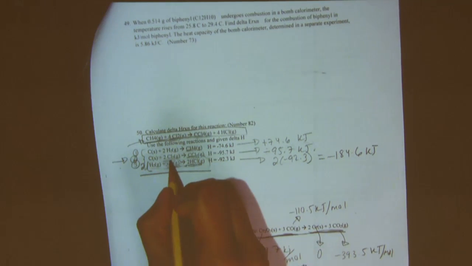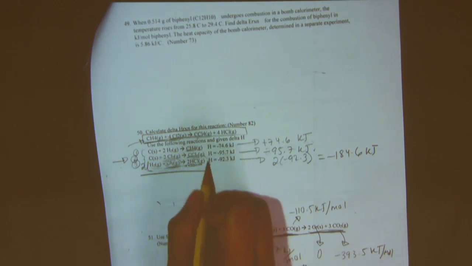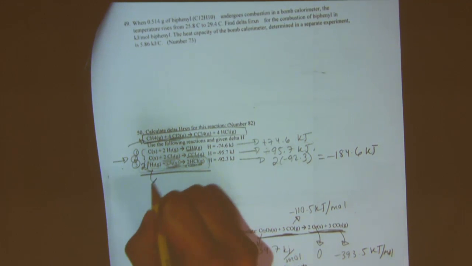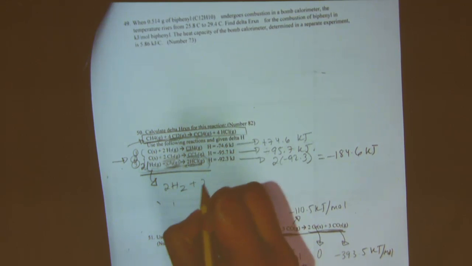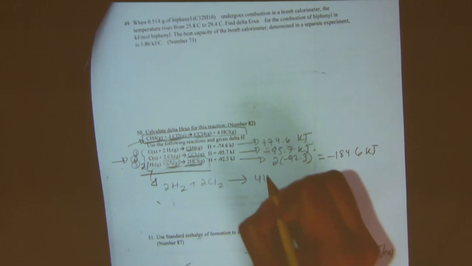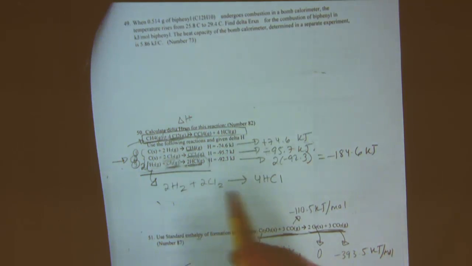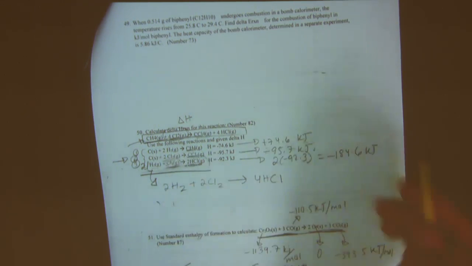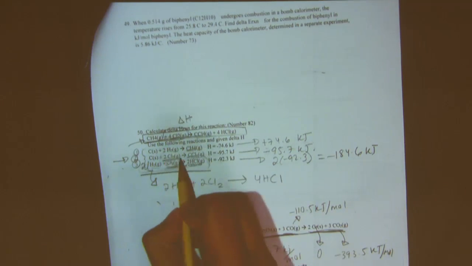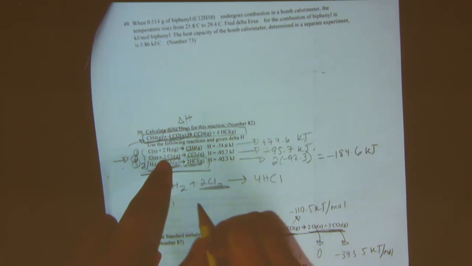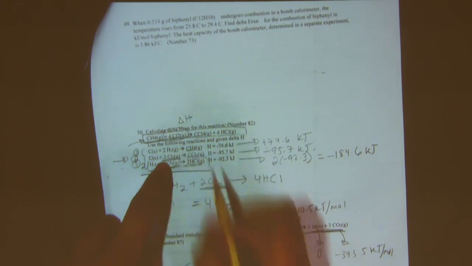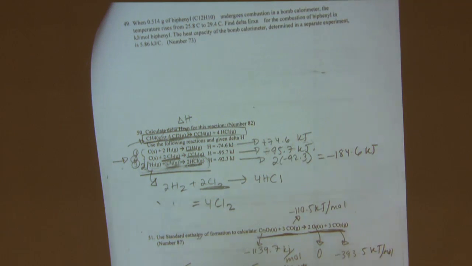We have 2 Cl2 right here, right? And if I multiply the whole third equation times 2, that means this whole equation becomes 2H2 plus 2Cl2 goes to 4HCl, right? And this final equation is what I want to find delta H for. And I have 4 Cl2 here. Basically, when you add the net ionic equation for all of this, you cross things out and you add things together. I don't really mess with the 2 Cl2 here. So the 2 Cl2 there and the 2 Cl2 here will add to 4 Cl2, and that'll make the 4 Cl2 there. So what I'm trying to say is you kind of have to be able to think ahead in that manner, and if it's still